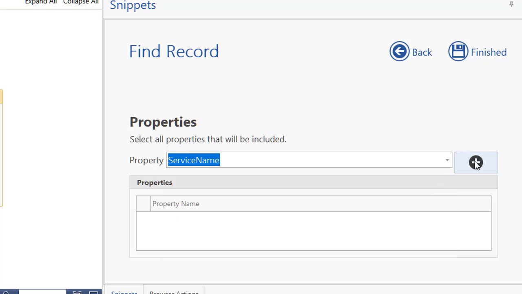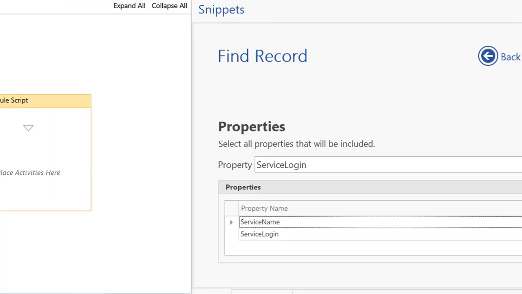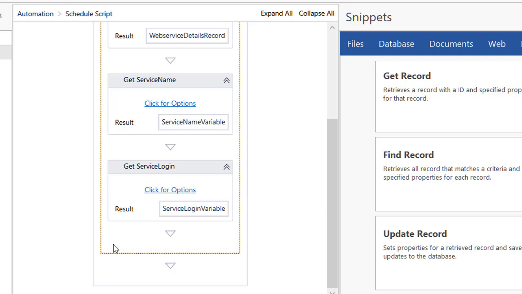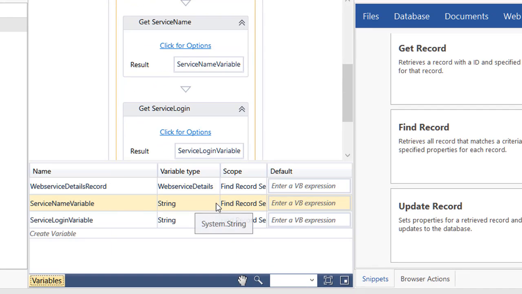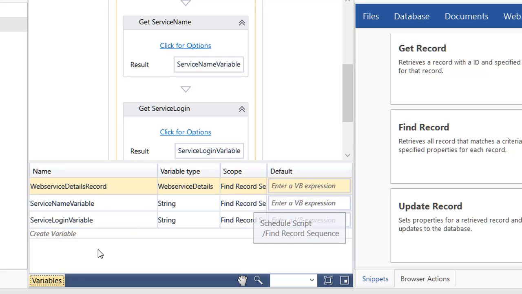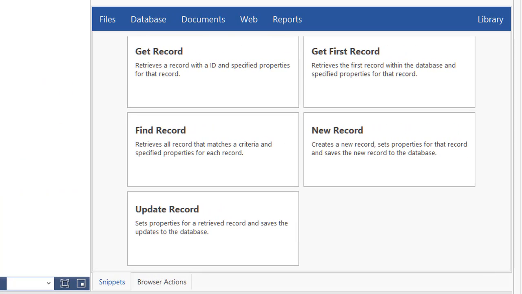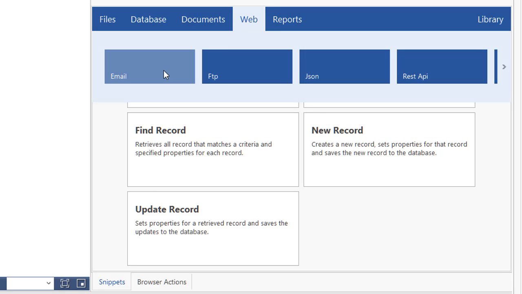and we can add the host. Obviously this isn't the right type of properties, but imagine we had host and property name or username, password, stuff like that. We can click on that, click finish. So here we have the find record, and if we look at our variables, we have our variables for that. So let's add, so we're getting a record and we're storing those login details into variables,